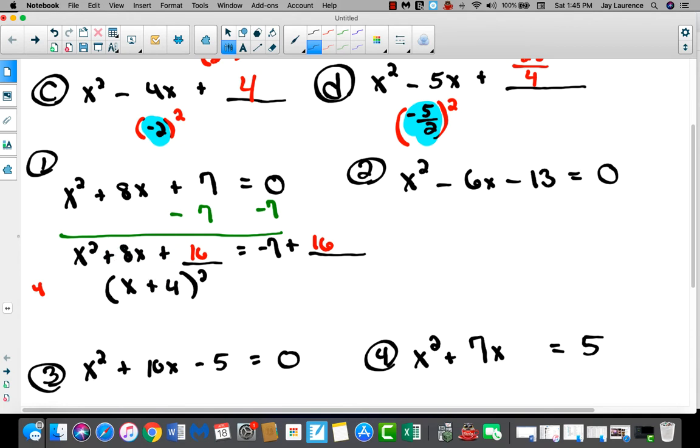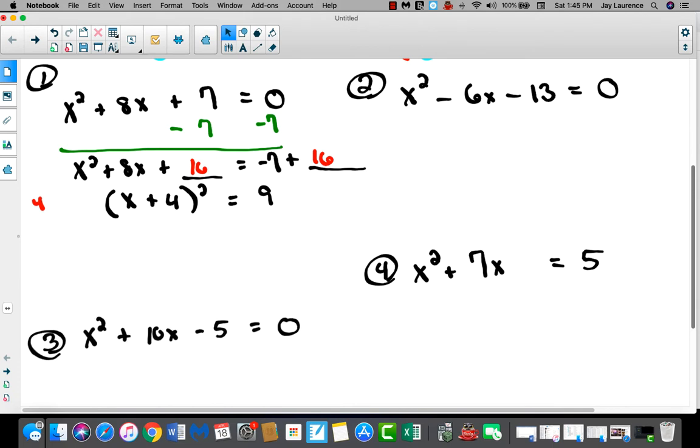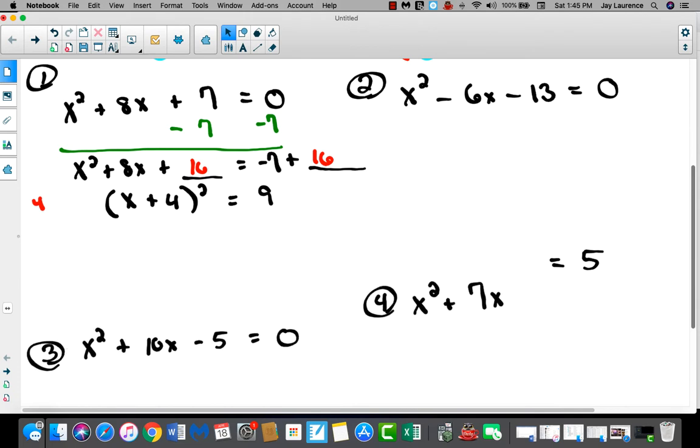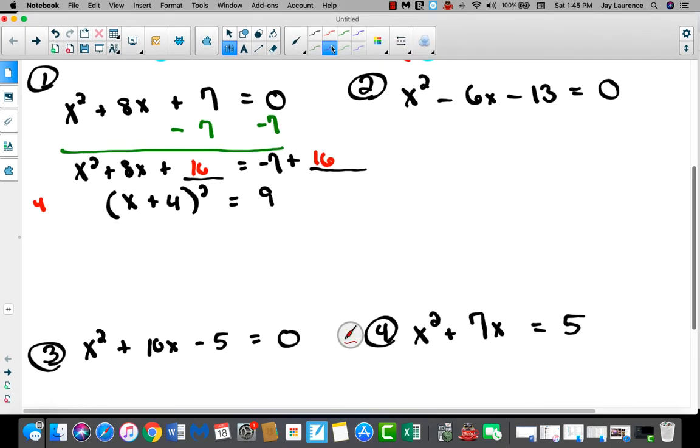X plus 4, quantity squared. Don't write it as 2 separate quantities. You'll see why in a minute. All right, and that's going to equal 9, right? Now, I want to be able to get rid of that square on that quantity. If I didn't have that square there, I could go ahead and use some algebra skills and it would be